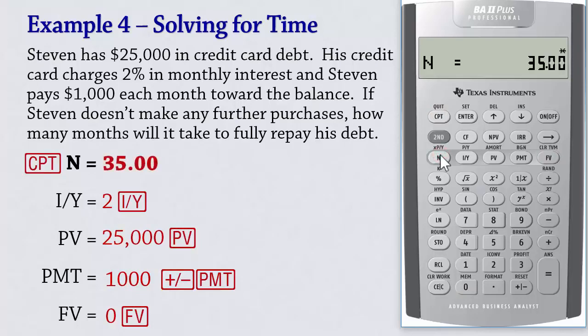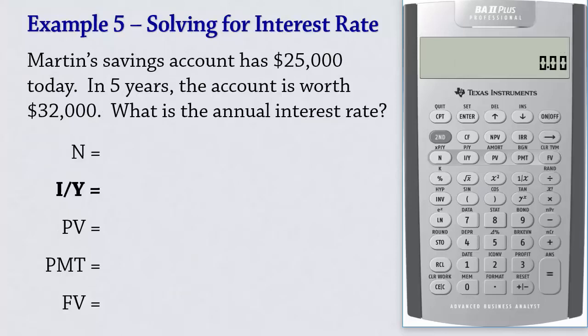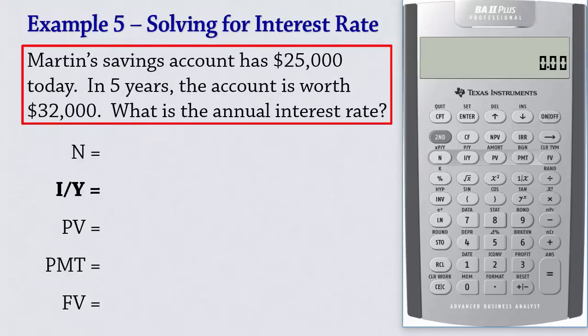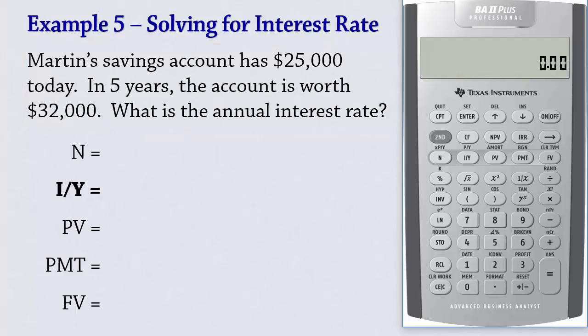Next, we solve for interest rate. Martin's savings account has $25,000 today. In 5 years, the account is worth $32,000. What is the annual interest rate? Since interest is compounded annually for 5 years, we input